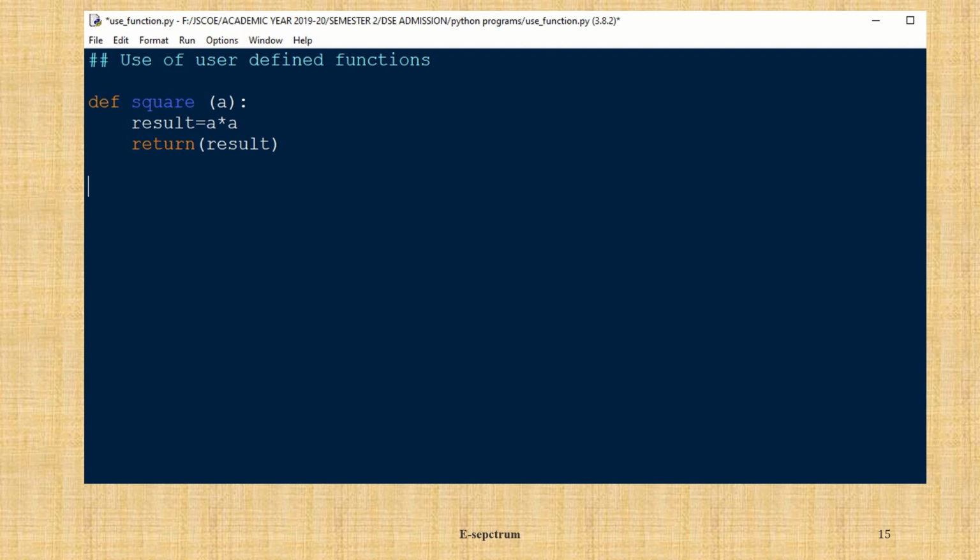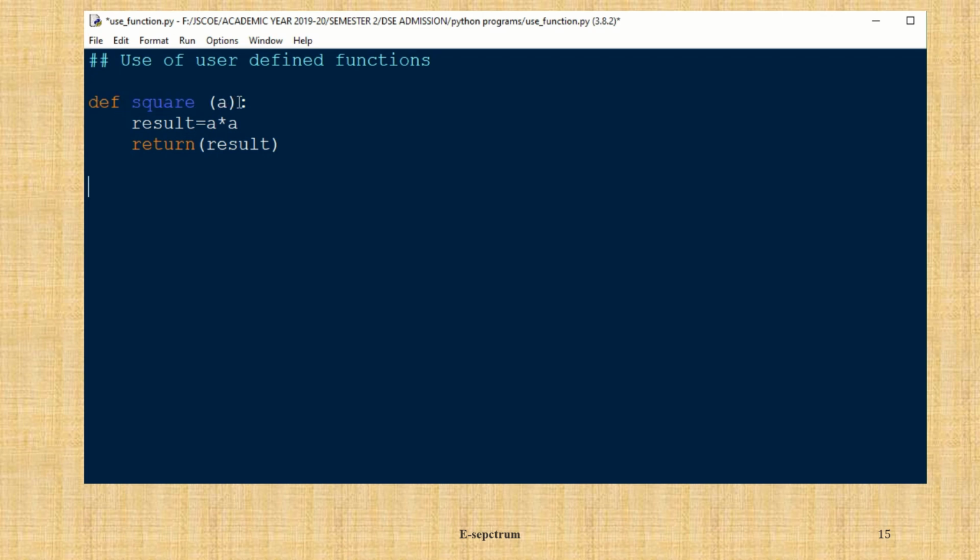Let us see the program now. Hello friends, let us see the use of function in the Python programs. This function is used to calculate the square of the entered number. So the syntax of the function is it starts with a keyword def, function name, let us name it as square. The parameter or the argument that we will be passing is a.